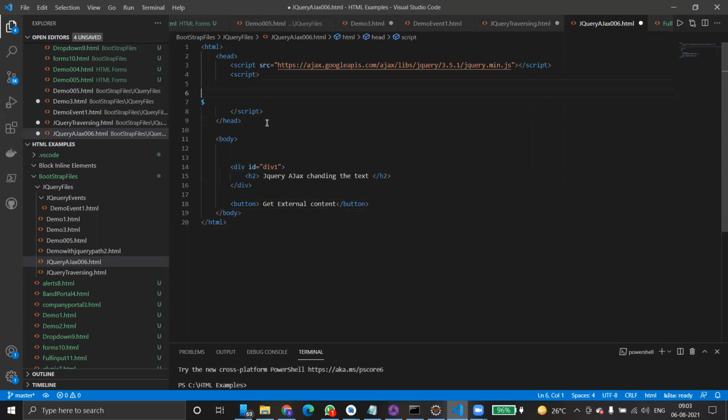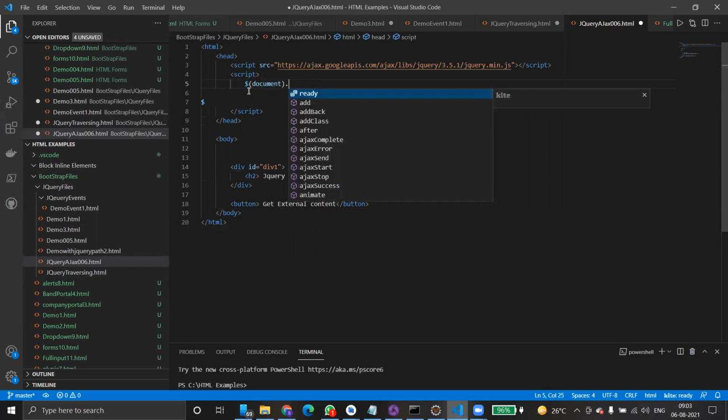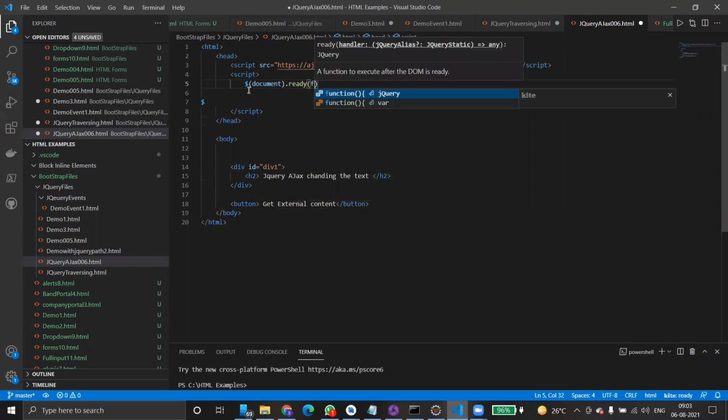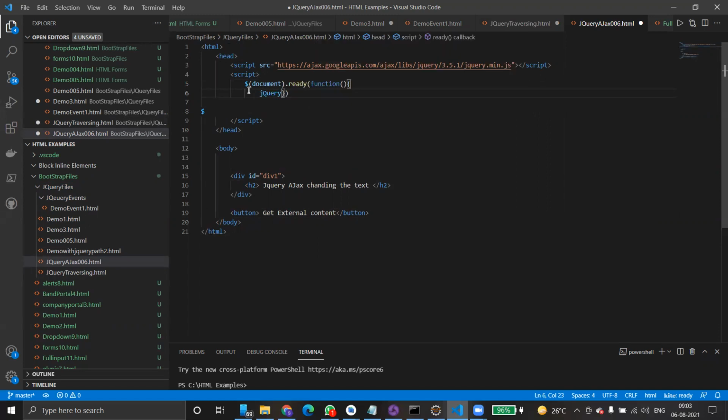Go back to script. This is where we are writing the script. First we start with document dot ready of function, a jQuery function. Function of, again we use the dollar symbol, button this time.